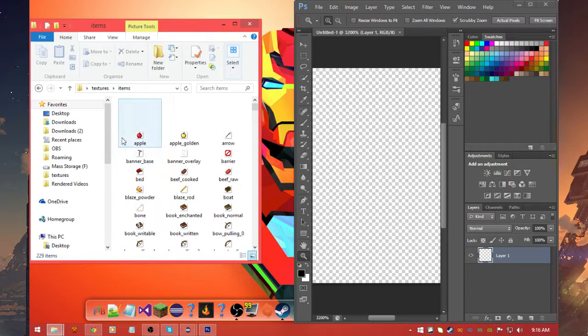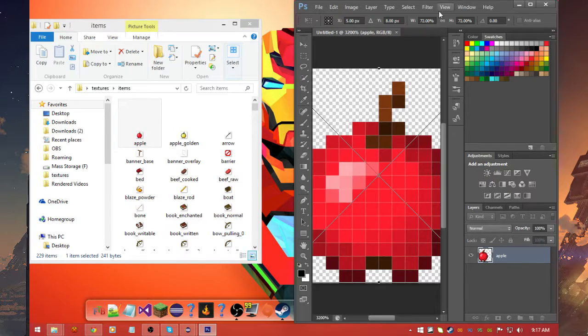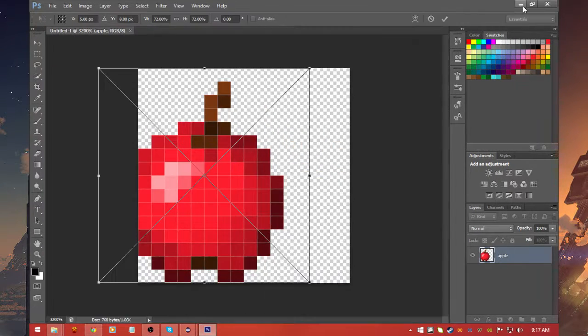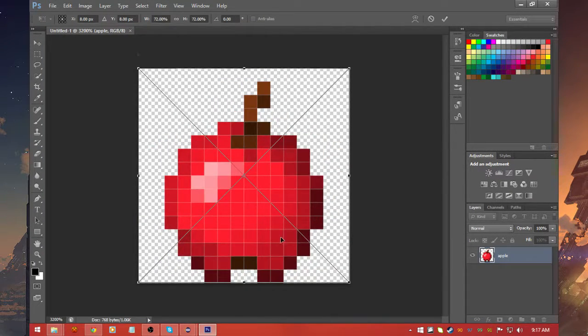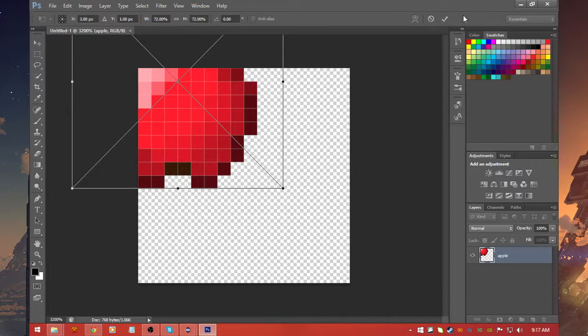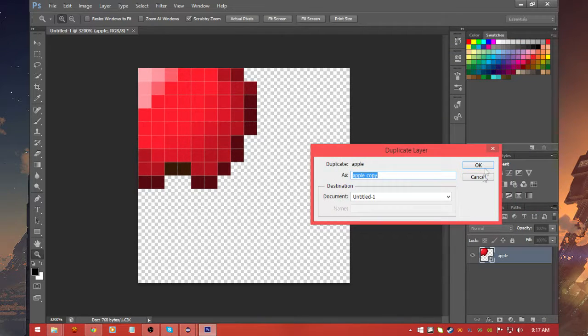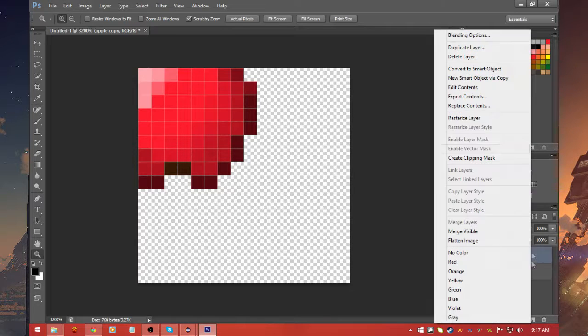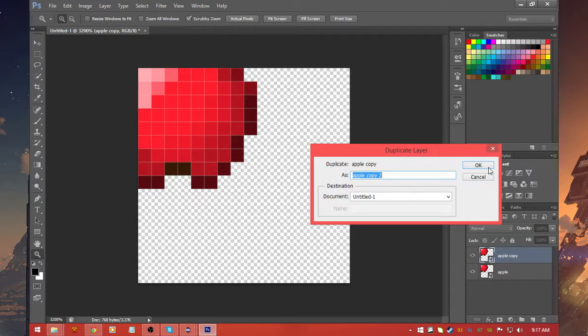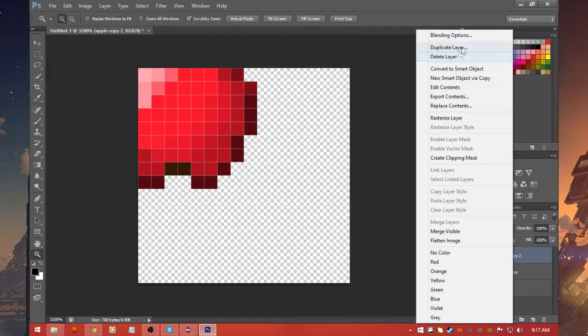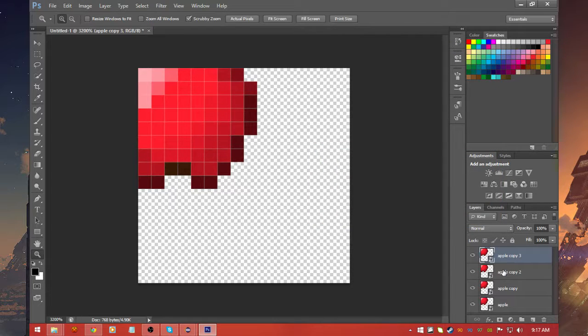So we want apples. So if we copy the apple into our textures and make this full screen again, you can see it creates our apple. Now I want to make a compressed apple block, so I'm just going to make a bunch of these. Bring this over here and do this a bunch of times. There, you can of course just keep dragging other ones on, but I'm just going to move the layers individually